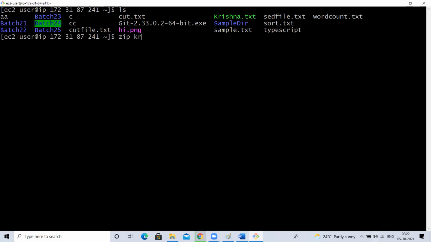This is the file I want to compress. But when you compress it, after compressing, it will get some name, right? So what is going to be the name? For example, Krishna.zip. So zip is the command, and Krishna.txt is the source file you want to compress.